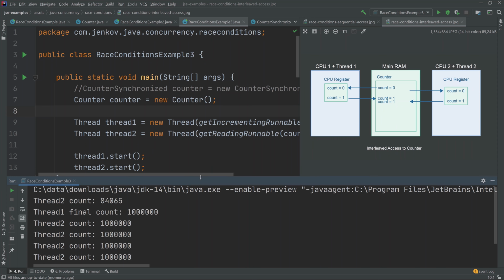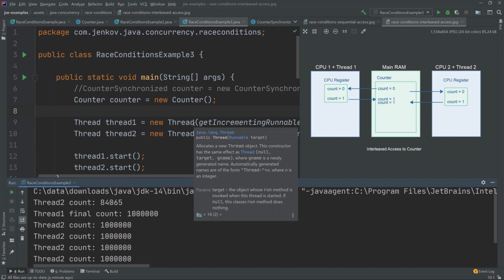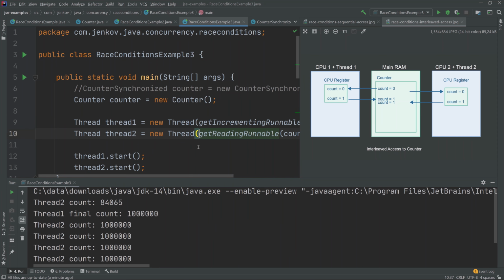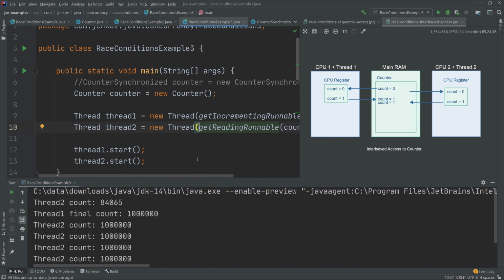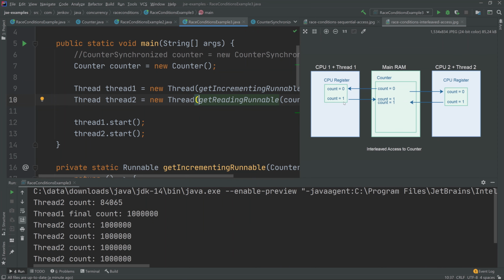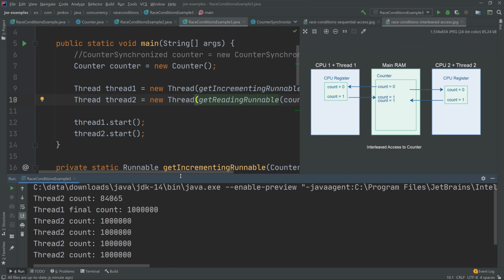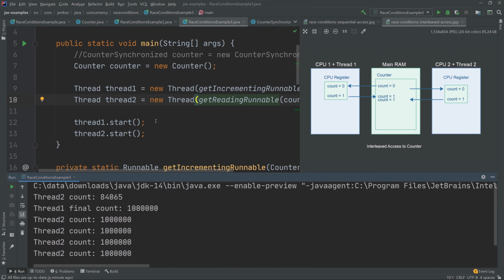And that is not the case here, because there's only one thread making any updates. So the second thread, which is only reading the value, sees all the updates from the other thread. No updates are missed. Well, in theory, since we're using a non-synchronized counter, it is actually possible that the second thread could miss